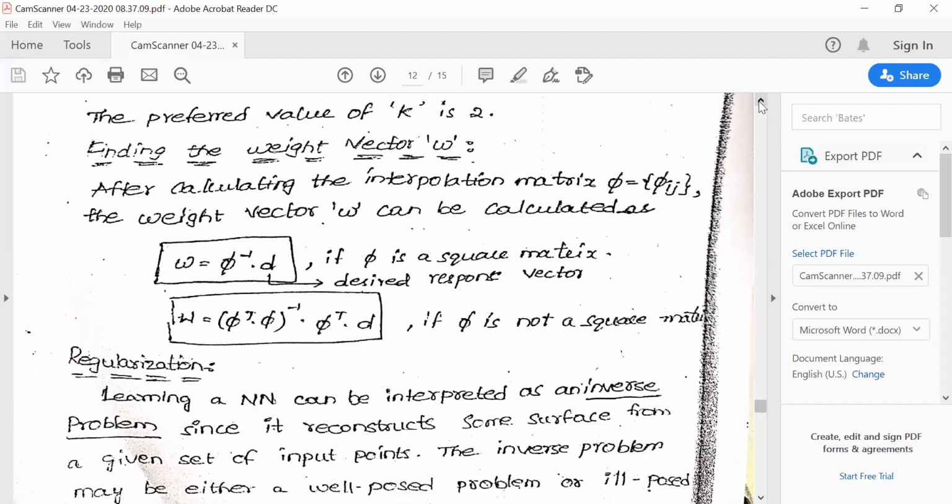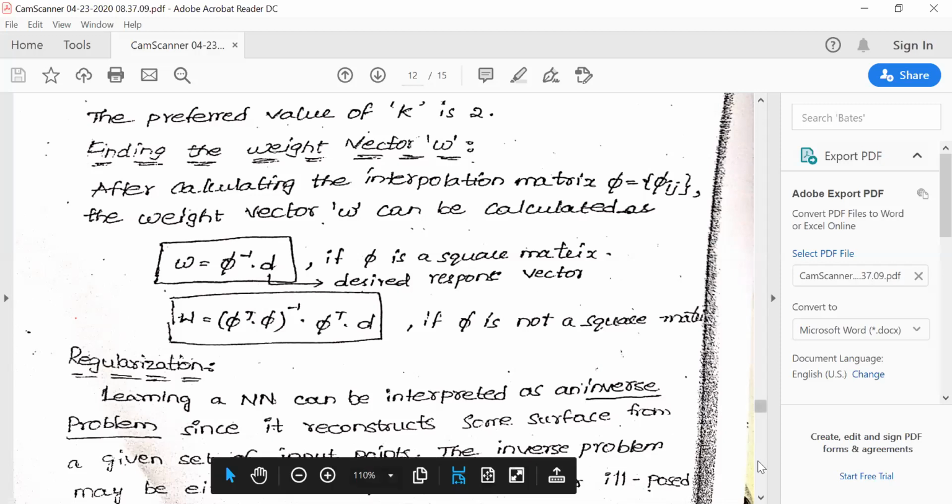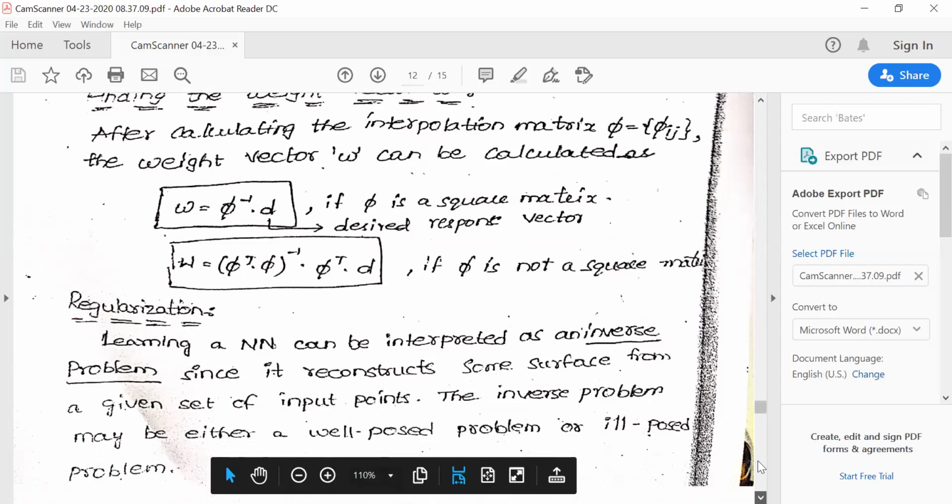The first step is identify the radial basis function. That means there are a number of options, and you choose a radial basis function. Second step is identify the number of centers for your problem. And third step is identify the number of close points that you will consider before you select your center. And finally, calculating the weight vectors for the linear mapping. So that's what your steps are. Okay, so that is about the RBF neural network.